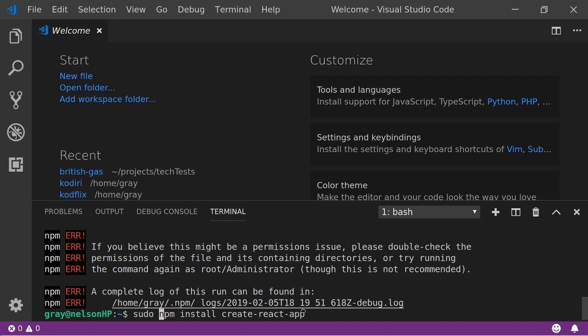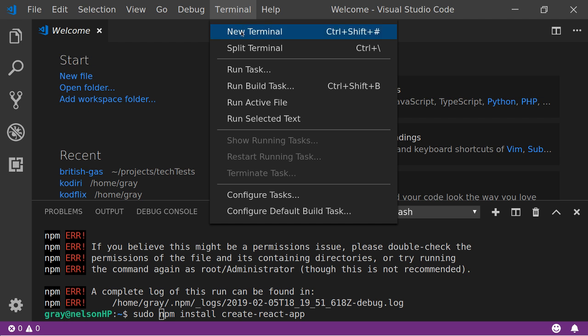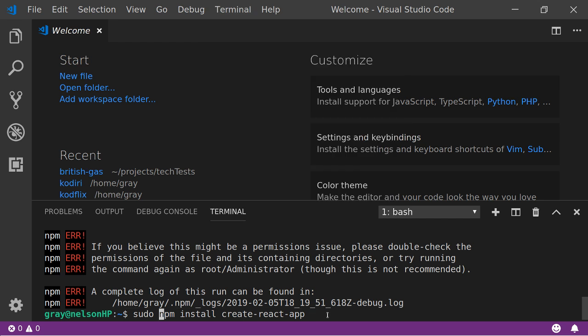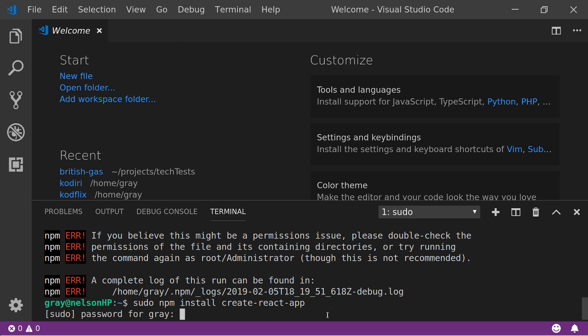I'm doing this within Visual Studio Code, and I've just opened a new terminal up there. Then I can type my code directly into the terminal if you want, guys. When we hit enter, that will prompt you for your password.